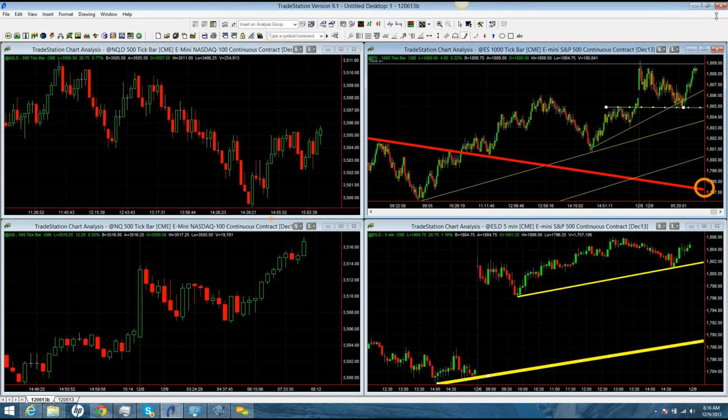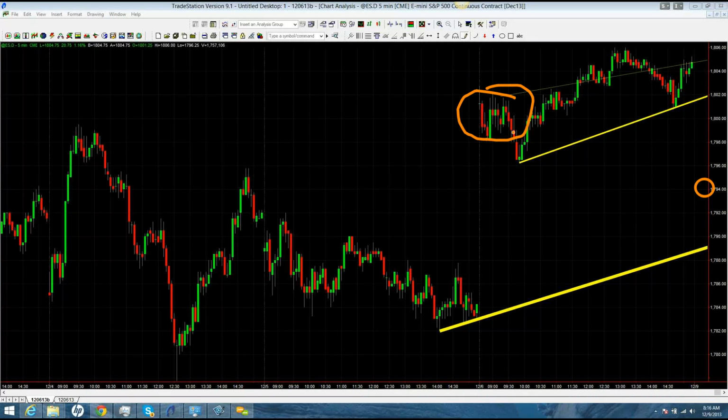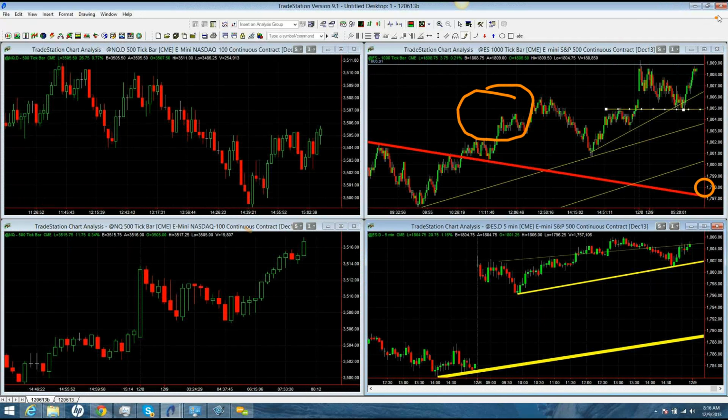So if we look at Friday here real quick, and let's look at the day session, right? You'll see here on ES, when we were holding this 1798, excuse me, I was in the wrong spot. We were holding this 1798 in the morning pretty nicely. We were holding this area very nicely before, if we look at NQ, I've got to find a piece of software that makes it easier to switch. If we look at NQ here on Friday morning,